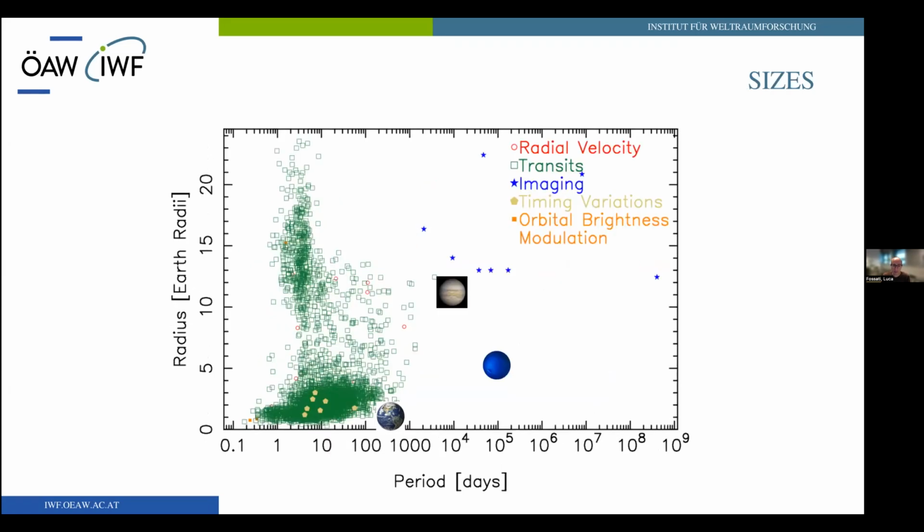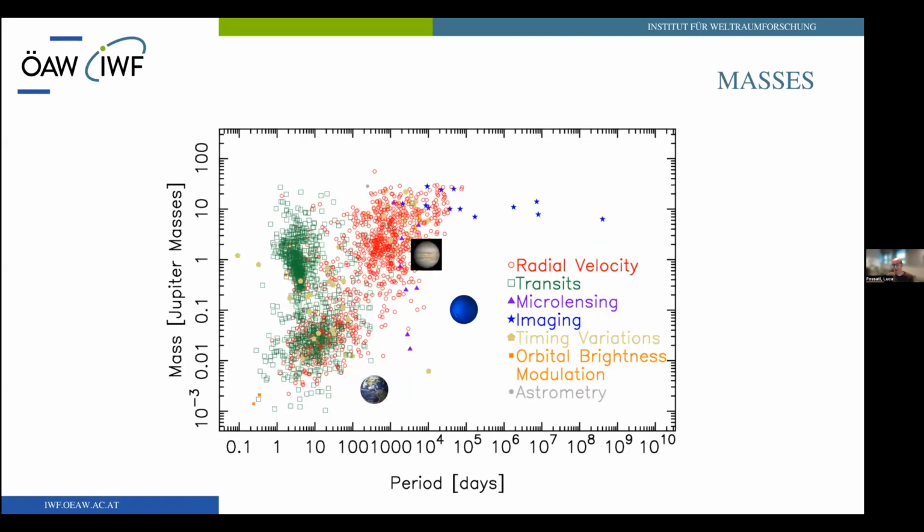This is the plot I told you before. This is with period again on the x-axis and planetary radius on the y-axis, this time in Earth radii, and you see again the hot Jupiters up here, and you see then super Earths and mini Neptunes down here. And you see that there are many, many more planets down here at the bottom of the plot compared to the previous one. And that's essentially because Kepler particularly has detected a very, very large number of planets,